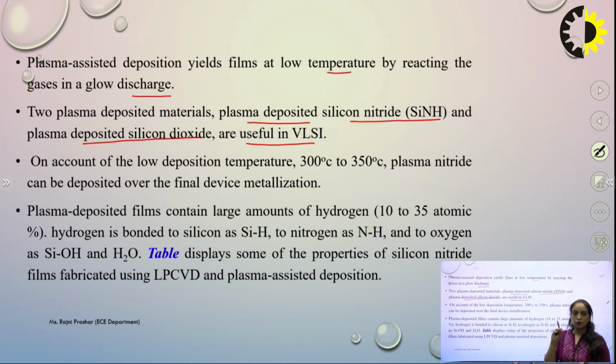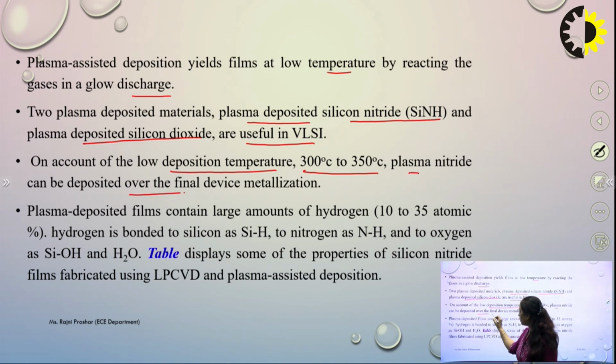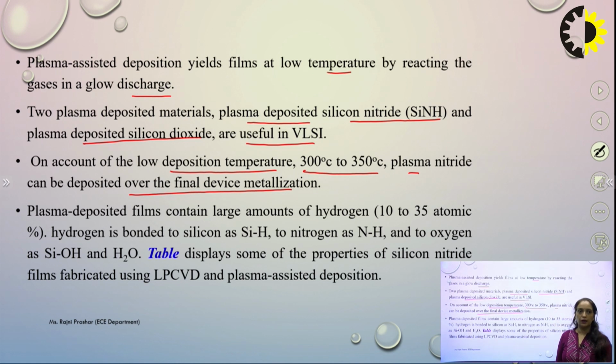The thickness of the deposited material should be very precise. On account of the low deposition temperature, it is carried out at 300 to 350 degrees C. This plasma nitride can be deposited all over the final device metallization. Okay, so this silicon nitride